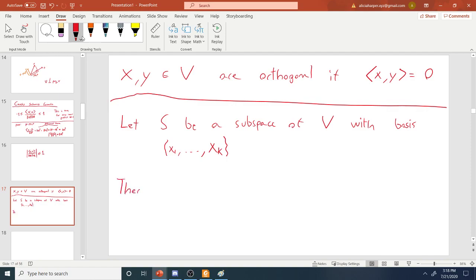Then the basis is said to be, I guess, an orthogonal basis